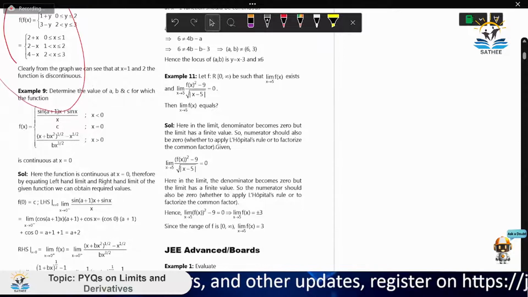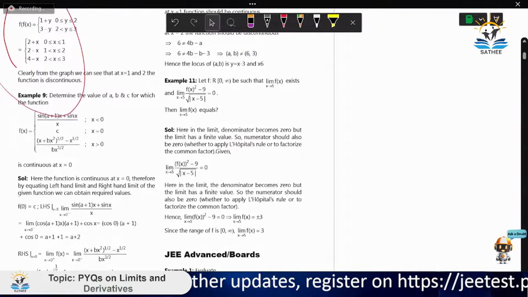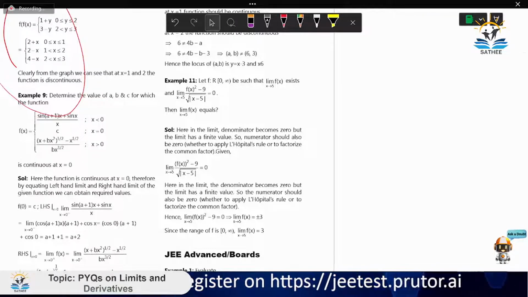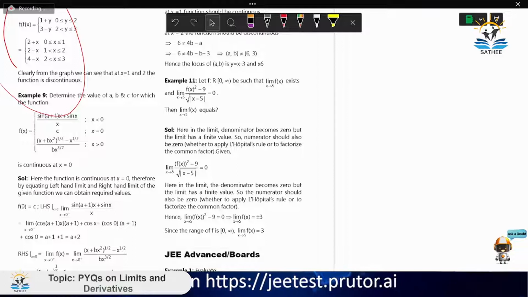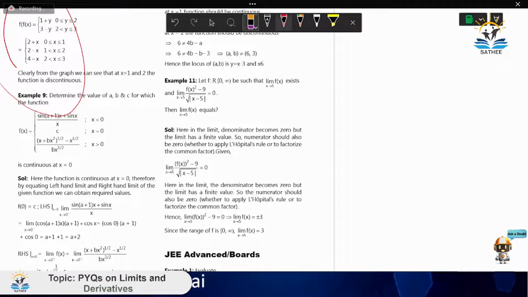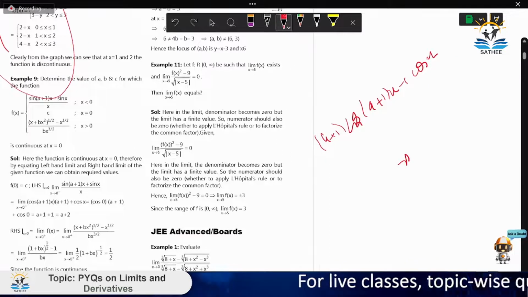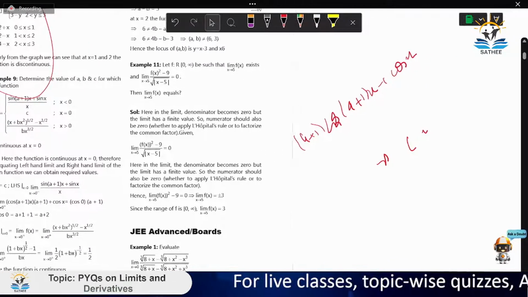Next देखते हैं. Determine the value of a, b and c for which the function sine of (a plus 1)x plus sine of x divided by x, okay, is continuous at x equals 0. So first things first, we have sin x. तो अगर हम लिखें तो ये जाएगा, let me just write the L'Hospital rule. First would be cos of (a plus 1) times x, a plus 1 plus cos x, should be equal to c, should be equal to